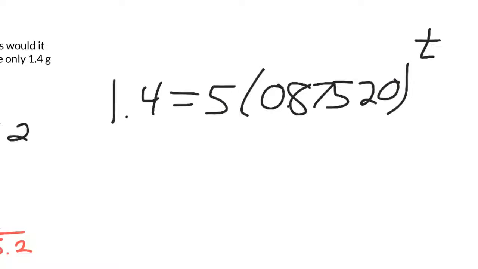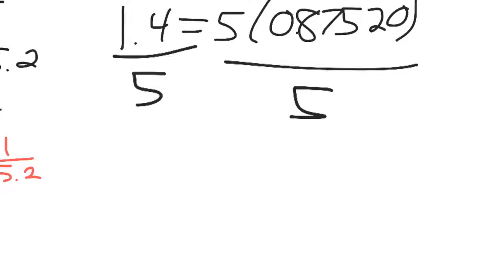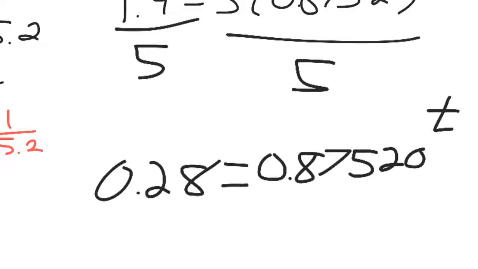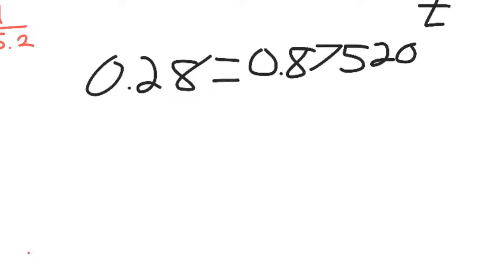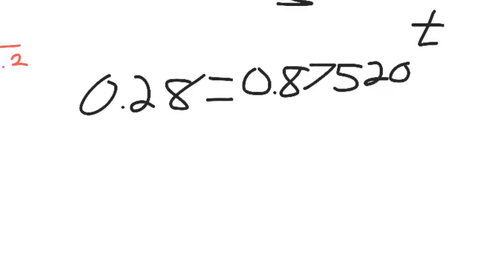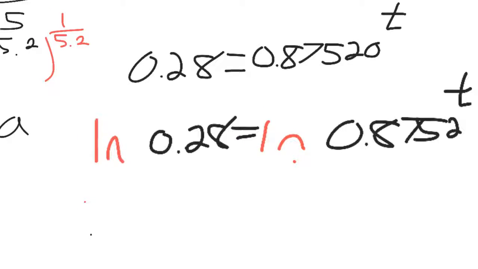So you have to get rid of that times 5. Naturally, to undo times 5, you divide both sides by 5. So that's what it looks like after we divide both sides by 5. And now we can take a log of both sides. And again, if you haven't worked with logarithms too much, just remember it doesn't matter what type of log you take. The reason we do it is because if you take a log of both sides, the exponent inside a logarithm can come down and multiply. So that becomes t times natural log